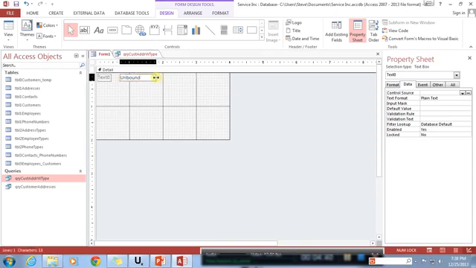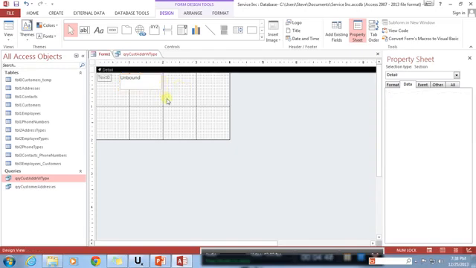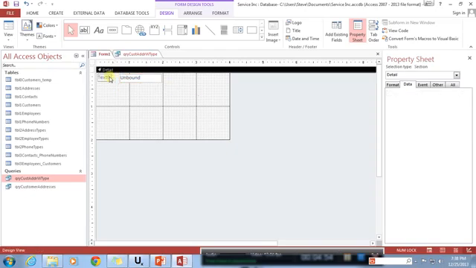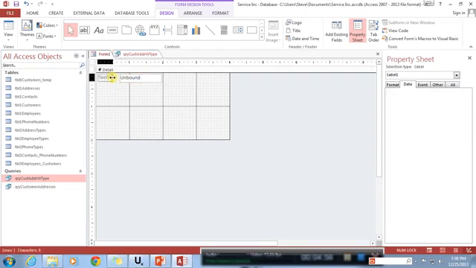So you can grab the edges of it, or you can grab the corners and resize it. Makes it really handy. And right now I have it set to snap to the grid, so all these little dots here, it's going to snap to it, which really helps with the alignment. So I'm going to go ahead and make this my customer name box here. So customer